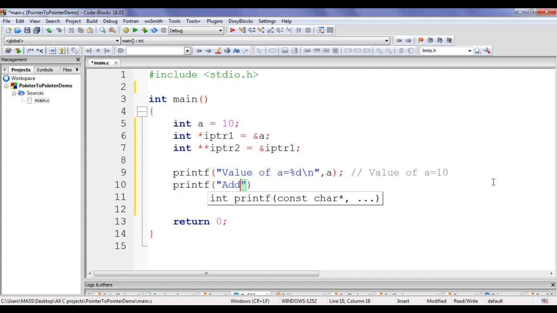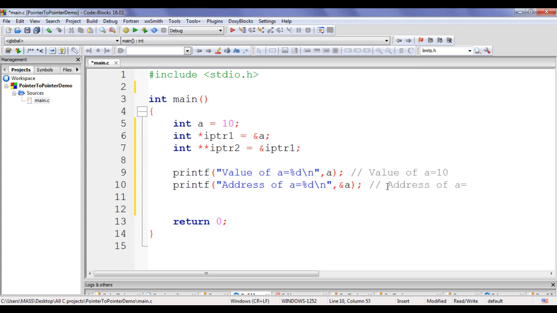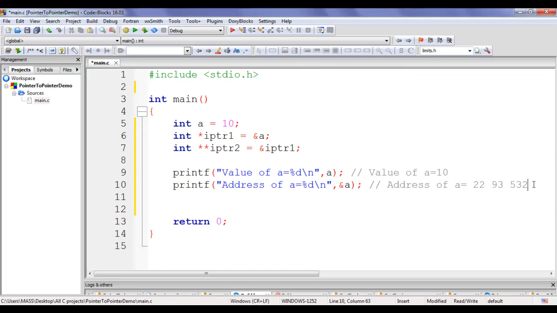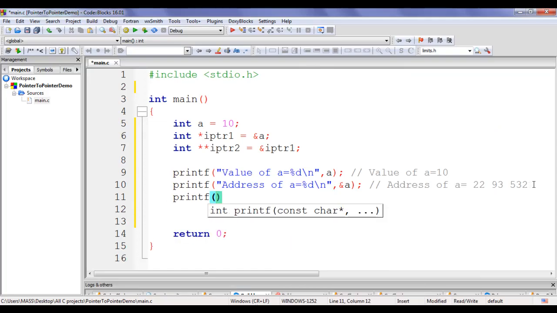We say here address of a equals to %d \n comma, we say ampersand a. Ampersand is the address of operator. It returns here address of a, guys. So we get here address of a equals to 2293532. That is the address of a, guys.